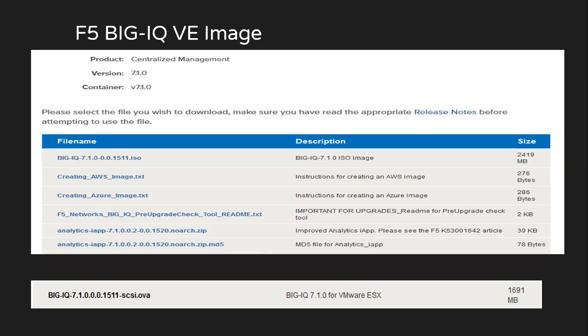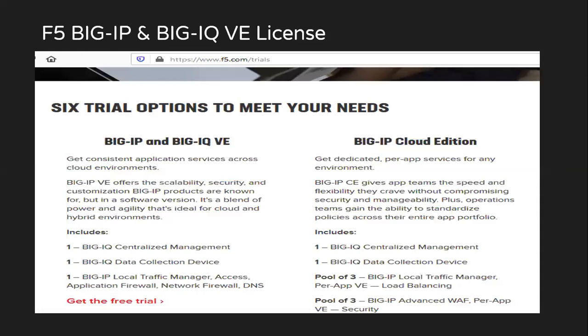After we get the images, the last part is to request the license. Now, in order to request the license, you will have to go to www.f5.com/trials. This is where you have to log in with your credentials and you can request various licenses. There are different trial licenses available based on what module you want to test.